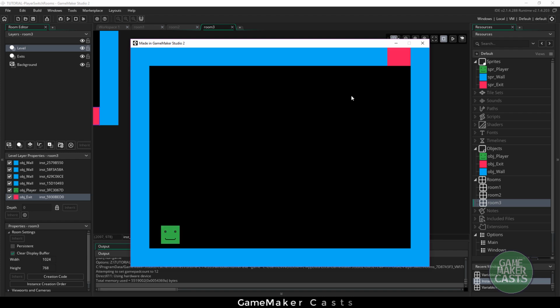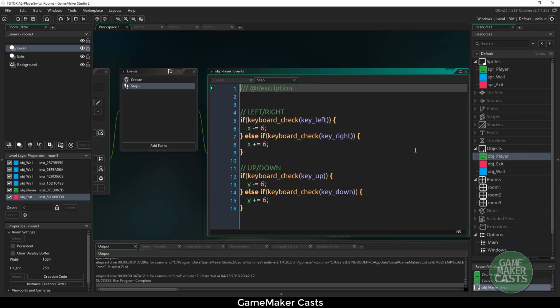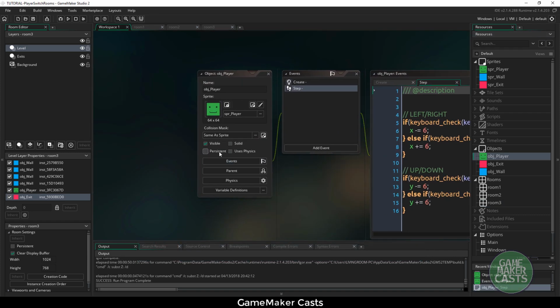Perfect. So we can also go back to room number 1. Now, you will notice that I used a player object in each of these rooms. But sometimes the player object needs to be persistent. And that could be because our player could have health, and if we're not using global variables, we could just have the health on the player, and it could exist on each of these rooms. So if we were to come here and say that this player is going to be persistent,